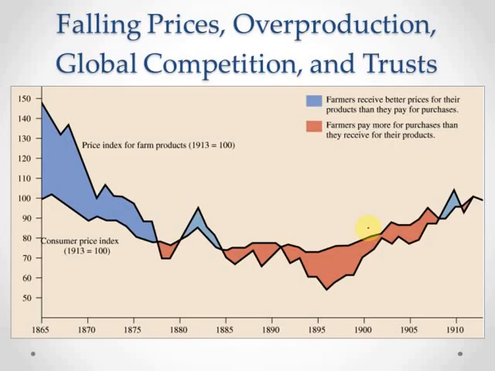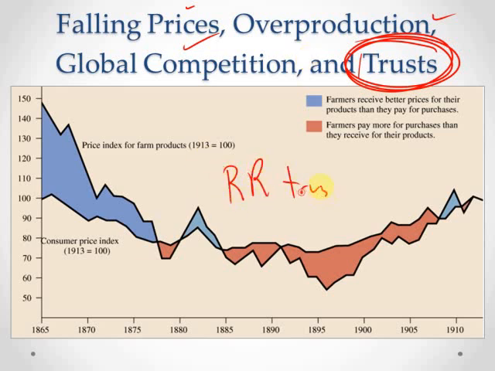And so, the causes again, we talked about falling prices, right? Falling prices was caused by what? Surplus and overproduction. We also talked about global competition. But the other major problem afflicting farmers are trusts. Now, which trusts are hurting farmers the most? Railroad trusts. So railroad trusts and pools,